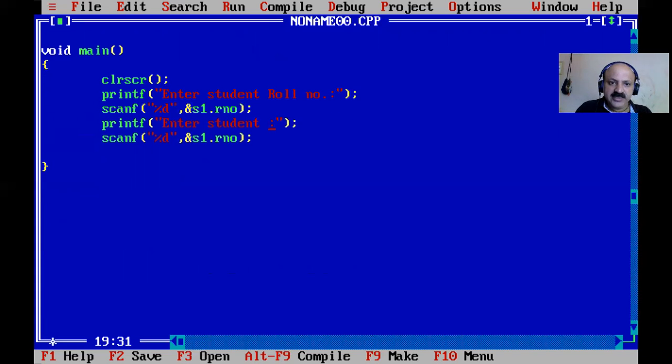Now we scan the student name. We have to scan the name, so we use the gets function, but the buffer overflows. What is the solution?